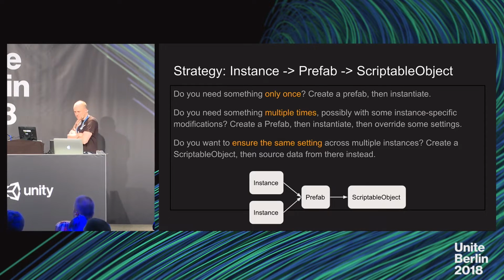However, maybe you don't want to expose all the flexibility in the world to whoever is modifying the prefabs. Then make the decision, be bold and make the decision to reduce choice by saying, okay, these settings which are supposed to be shared, move them out of the prefab, put them into a separate scriptable object, and then have the prefab refer to that scriptable object instead.